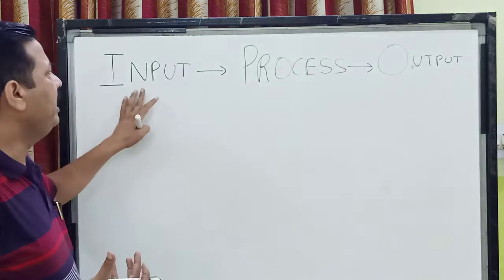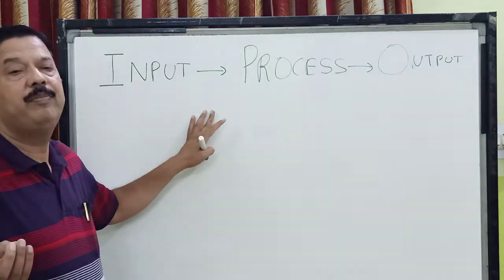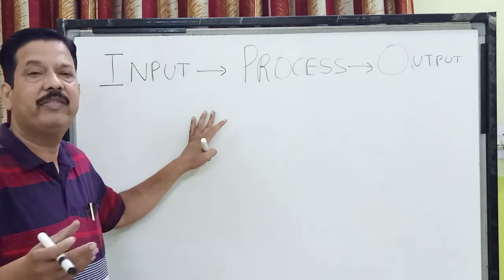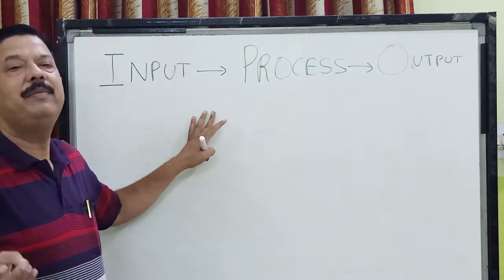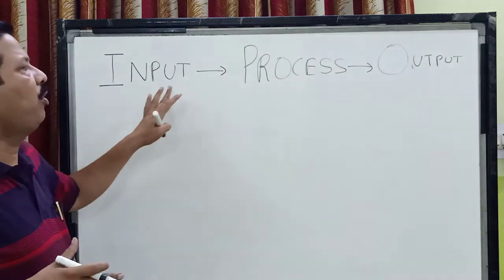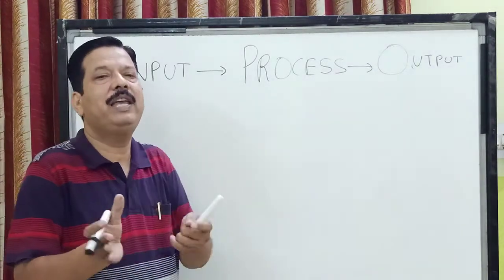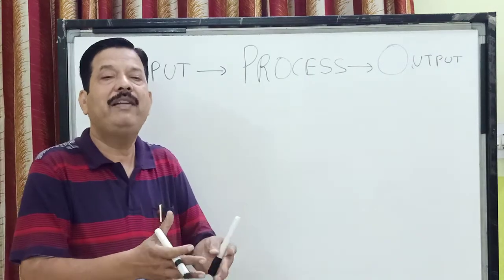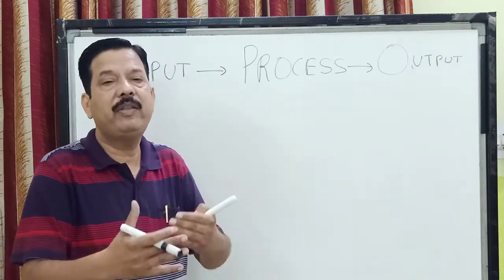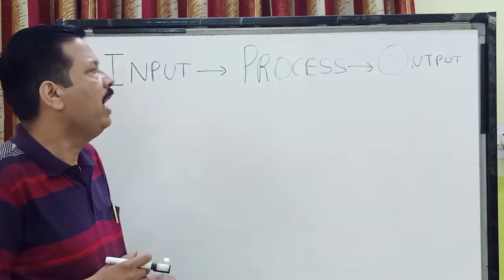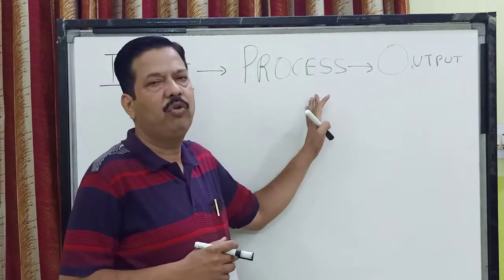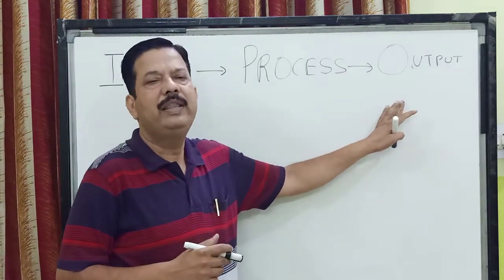Children, to make a tea, we take a pan, that is the processing unit we can say, and we input some ingredients like water, tea leaves, sugar and then milk. Then children, we process it, and we keep that pan on a burner and we wait for some time, that is the processing taking place, and finally when the process gets over, we get the final output, that is the tea.